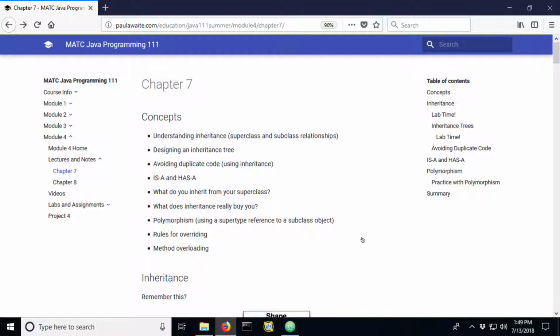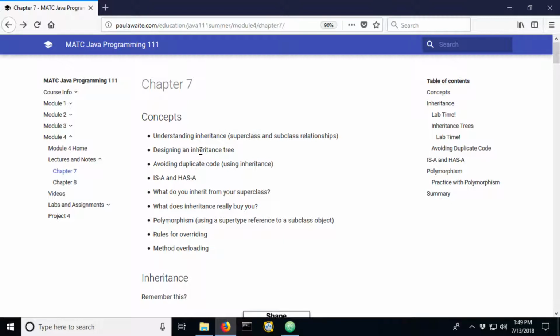And really what we get out of that is the ability to reuse the code that we write. So we only write code in one place, and then we can reuse it in some of our other classes. So that's where we're headed with that. Avoiding duplicate code, that's really key. In fact, a lot of the tools will check for us to make sure that we don't have duplicate lines of code. That's a bad practice, so we're working on writing very clean code by writing code only in one place and reusing it then, or referring to it.